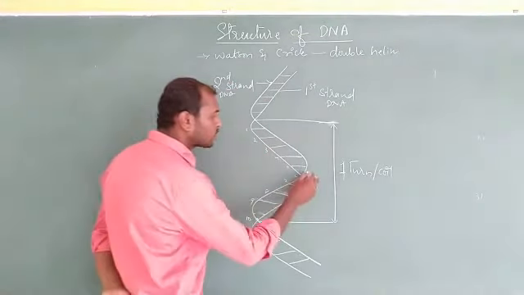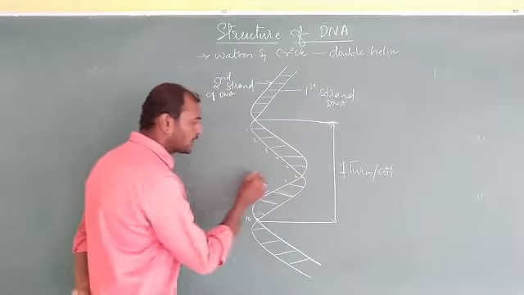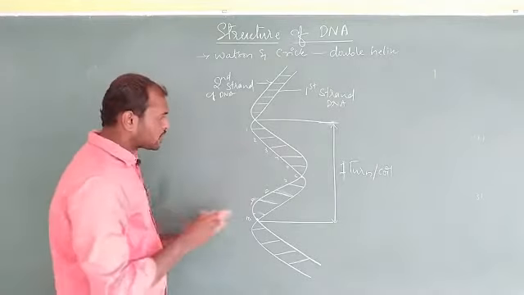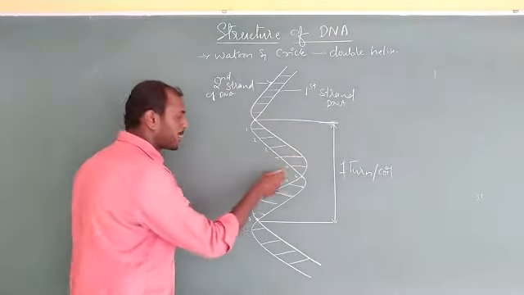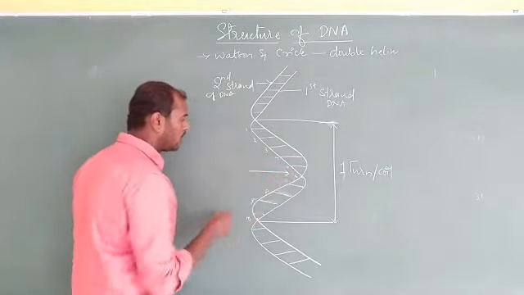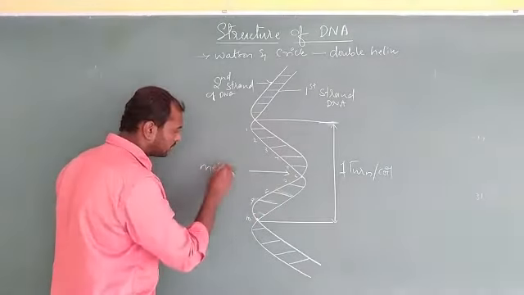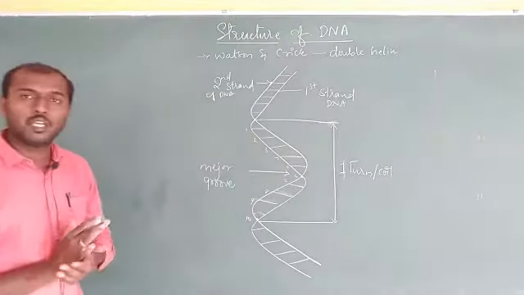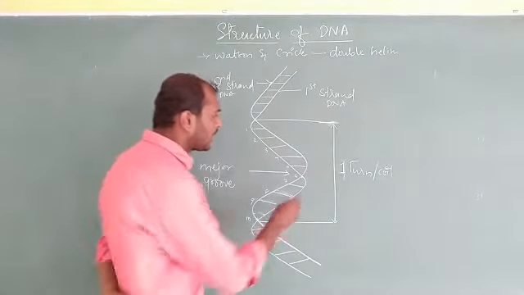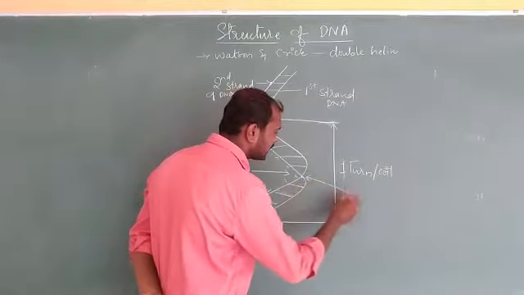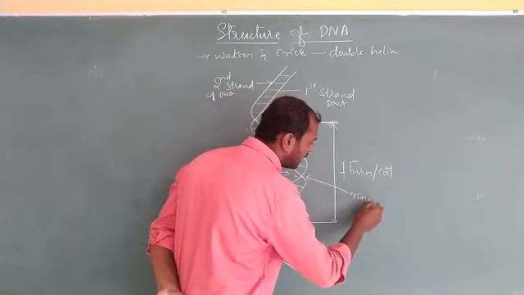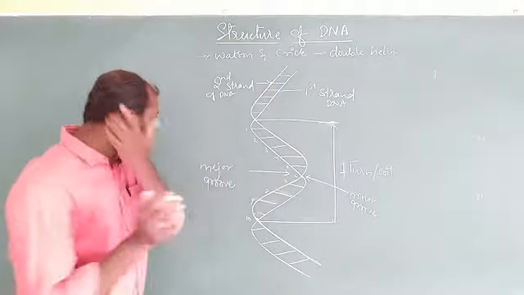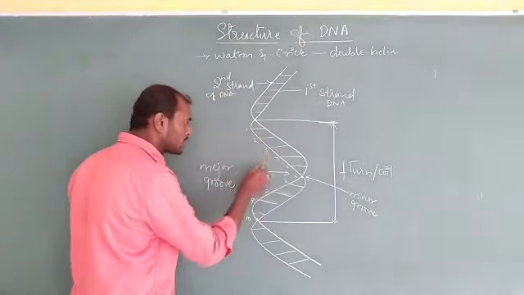This one turn is having two points or two what we called the depressions here. So first one is very large or very deep. So this one is called major groove. Okay, then, Major groove is what they call it. Okay, and this one is called minor groove. Okay, this one is called minor groove. So you can see the depth is very wide here.